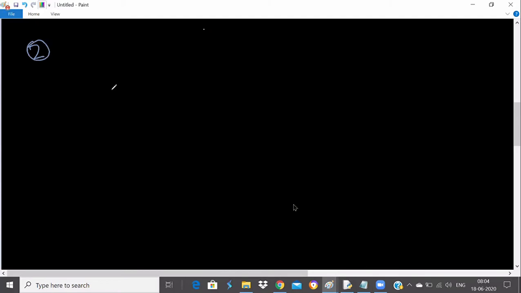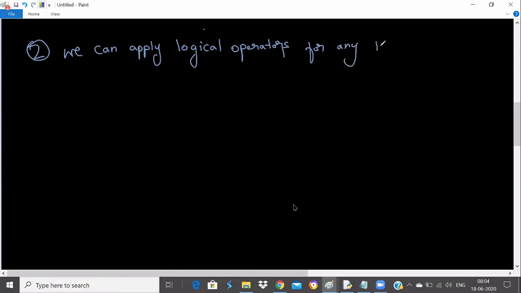The second point I would like to discuss here is that we can apply logical operators for any type of data. This is very interesting.